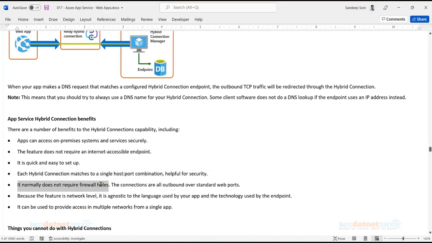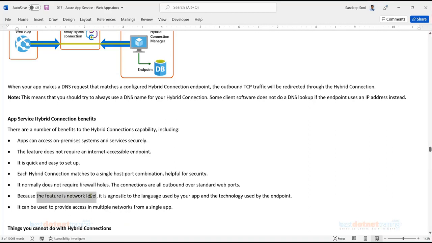It normally does not require firewall holes. No permissions have to be given on the firewall. For a normal web request, if a machine is able to access the internet, that means HTTP and HTTPS ports are already open, and that is enough. Standard web ports are enough. No specific additional permissions need to be given.